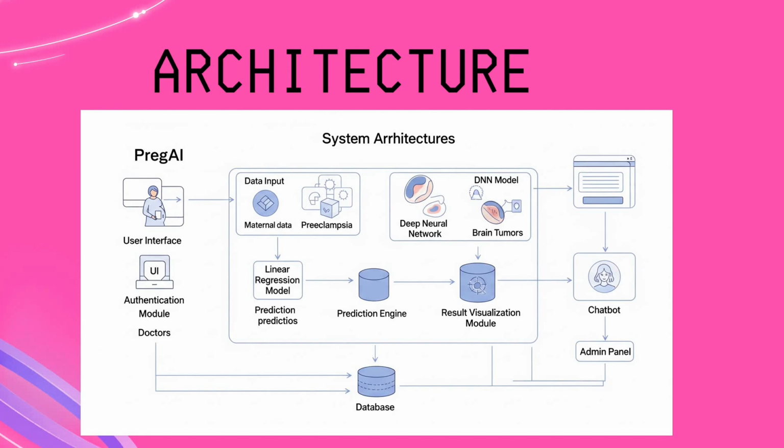It's an interesting architecture, because it has a lot of features. The user interface contains multiple datasets. For example, a fetus health dataset, a pregnancy difficulty dataset, and an infant, fetal brain tumor dataset. So 3 types of datasets are there. We use linear regression and a deep neural network separately. The brain tumor goes to a separate prediction part, and pregnancy difficulty comes as a different prediction part. Finally, combining together, we have formed a result visualization section. They can visualize their results.